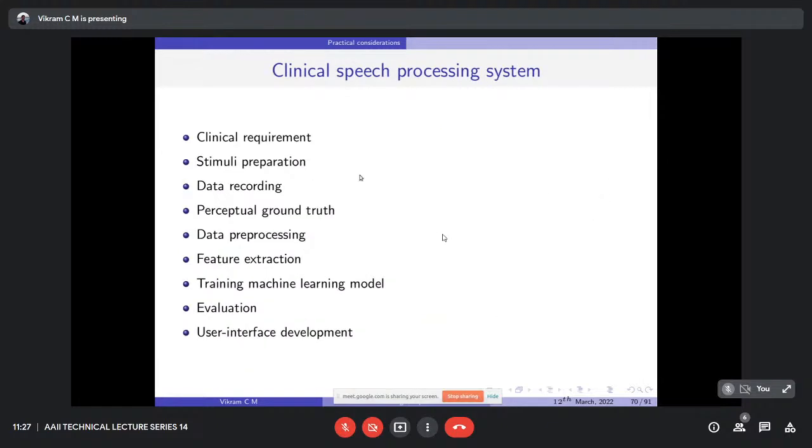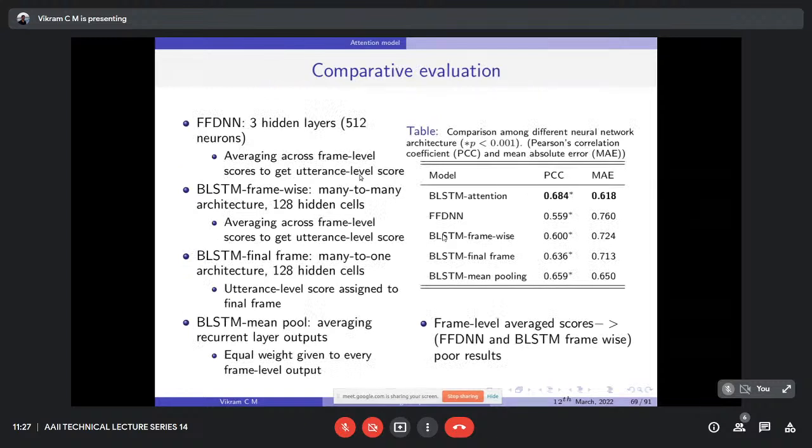So this is a case study we did. I just explained 3 different systems. One purely by using the posterior probabilities. Next by using the model transfer approach, that means using healthy speech samples, how we can evaluate clinical speech. The third one is by using the attention network, because most of the time the labels are at the utterance level, however our features are at frame level. How can we map between both of them?